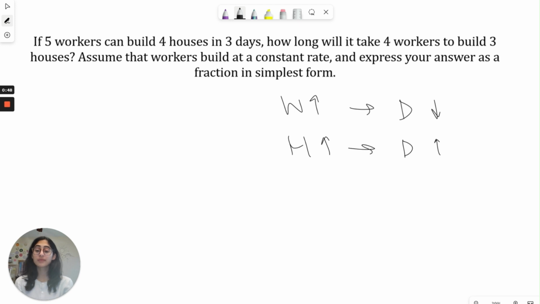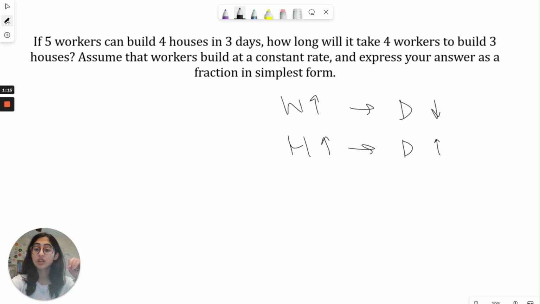Knowing that, I'm going to show you 2 ways to do this. The first way is a more intuitive way, but it might be confusing. If that way is confusing, don't worry about it, because there's a more systematic way coming up later. So in the first case, we have 5 workers, 4 houses. That took 3 days. Next, in the second expression, we're looking for how long it'll take 4 workers to